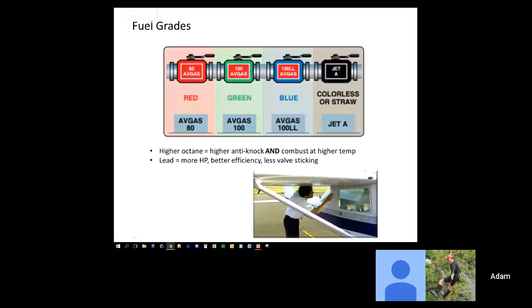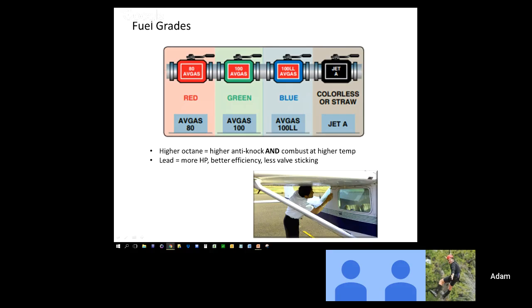Okay. Back to it. Before we get going, though, I want to touch on something I did forget to talk about. My apologies last time we were together. Fuel grades. We talked fuel system, and we went over the different elements of the general aviation aircraft fuel system. I did not touch on fuel grades, though. It's a light topic. There's not much to it. But when you're out flying, you're going to see